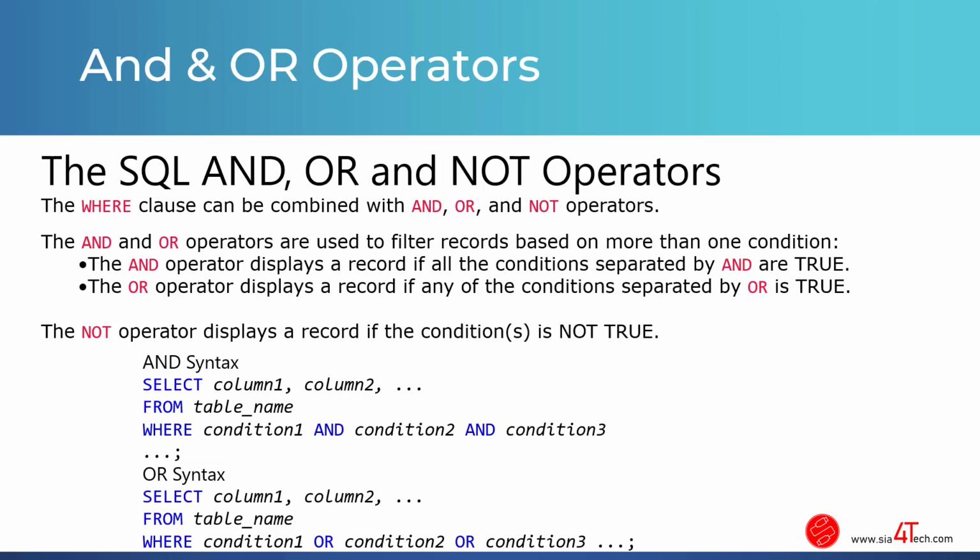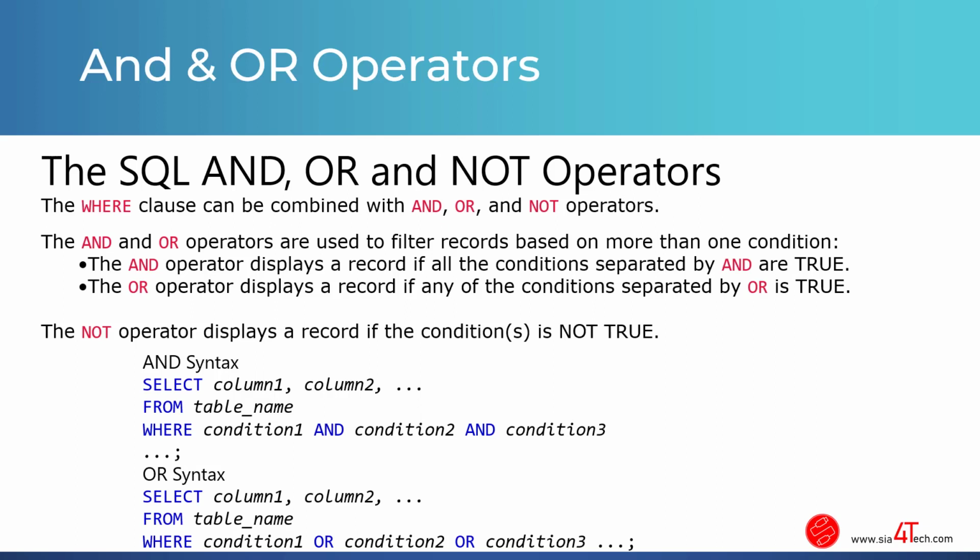and, or, and not operators. Basically, these operators are used with the where clause. As you learned from previous videos, the where clause is used to filter your data based on a condition. But sometimes you need to apply more than one condition, so you need to use and, or, and not operators